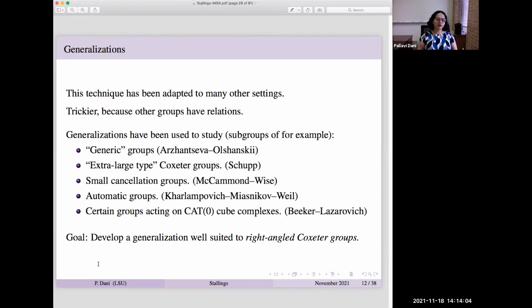So our goal was to develop a generalization which was well suited to right-angled Coxeter groups. We're going to be able to generalize a lot of the same things that were true for free groups. One big distinction was that automatic groups are not necessarily CAT(0), whereas right-angled Coxeter groups are. And so we were able to use a lot of CAT(0) type stuff to go